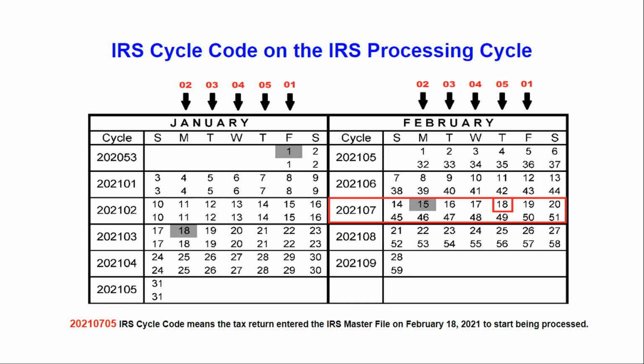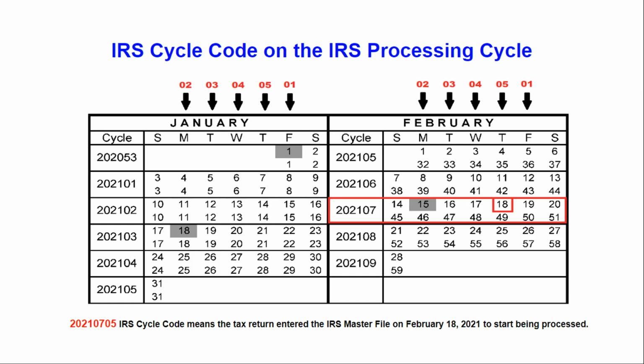Friday is 01, Monday is 02, Tuesday is 03, Wednesday is 04. Those are all daily processing accounts. And weekly processing accounts occur on Thursdays, and those cycle codes will end in a 05. You can look at these examples here, and then you can also look at